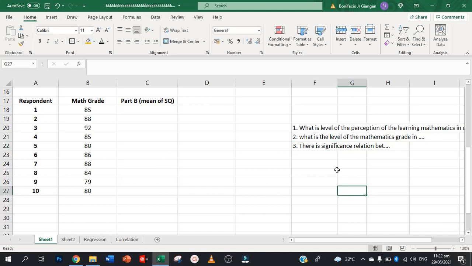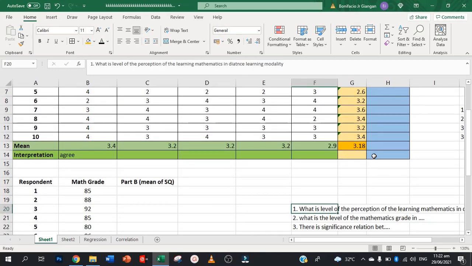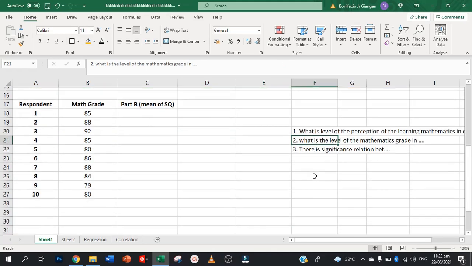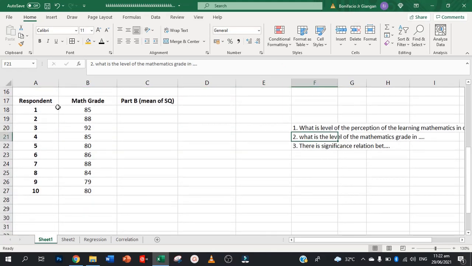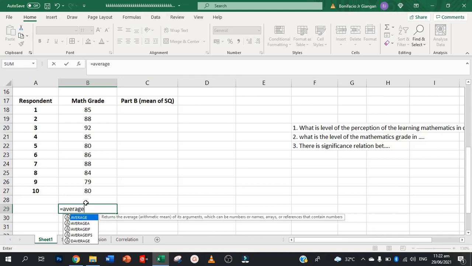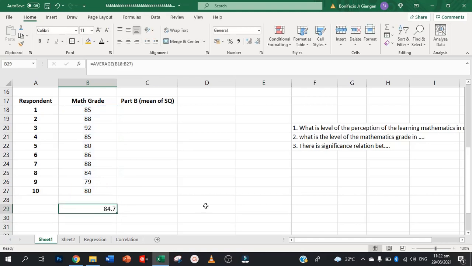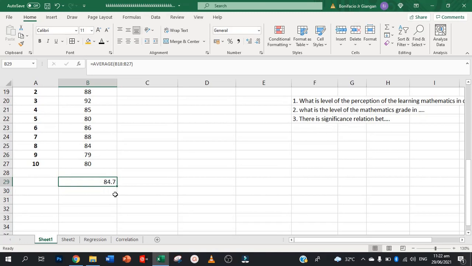So this one will be answered by the first, which we already answered in 3.18. And then number 2. For example, your respondent 1 has a math grade of 85, and so on. So let us get the mean. The mean is equal sign, average, and then open parentheses, drag all the math grades, close parentheses, and then enter. So, we have 84.7. Okay, to analyze this one,